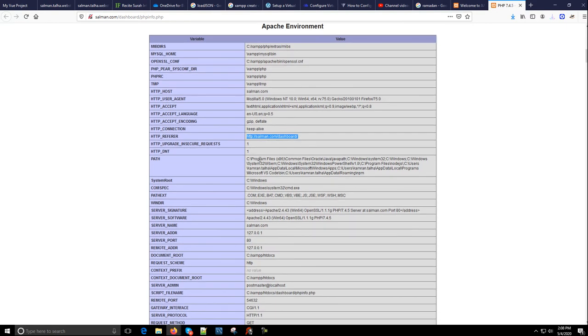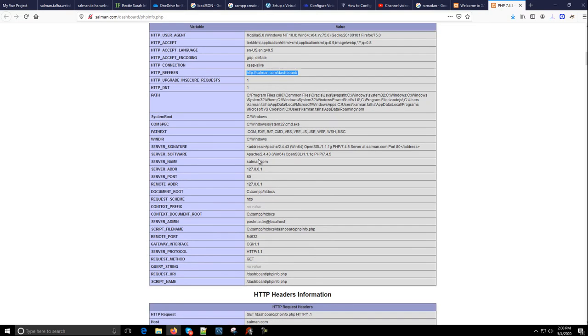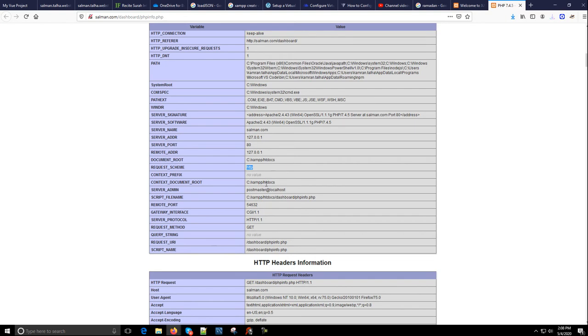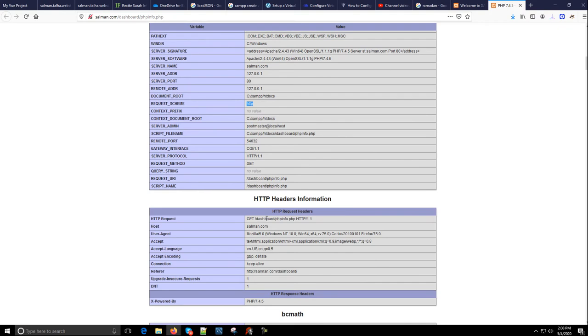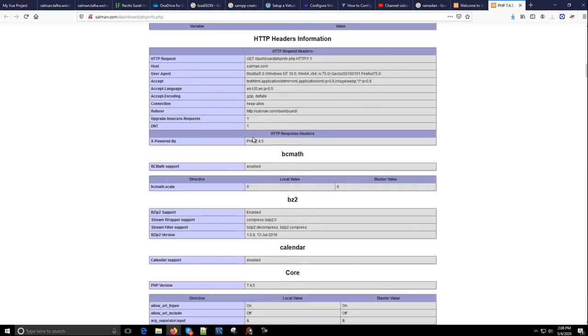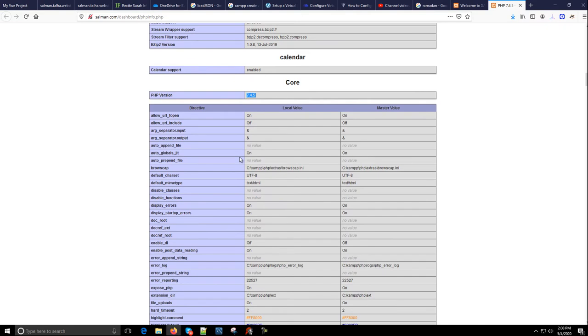Now what we're looking for is this is the document root folder. Alright. Request scheme HTTP. And alright, so what are we looking at? HTTP header information, enabled calendar core. So it's PHP version 7.4, which is the latest. Very nice. And so these are all the PHP related